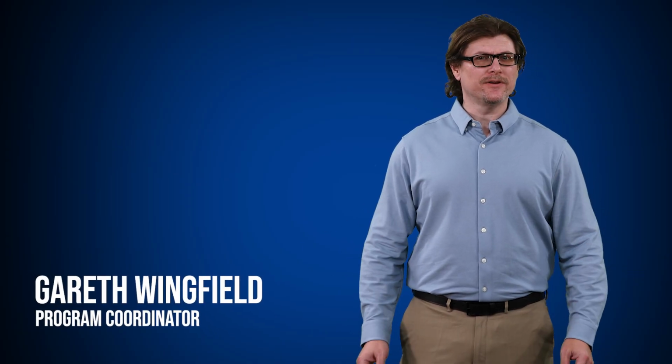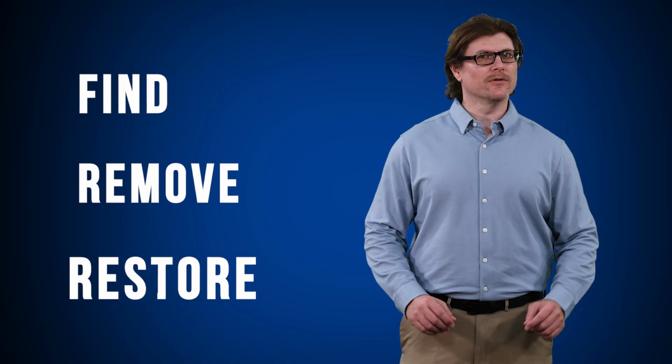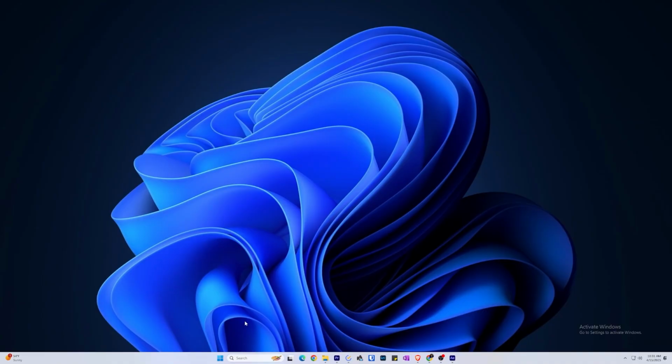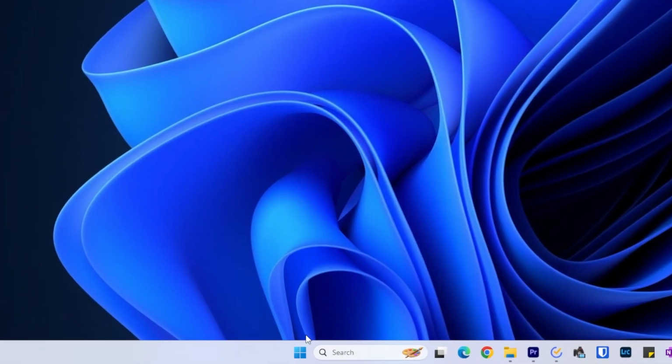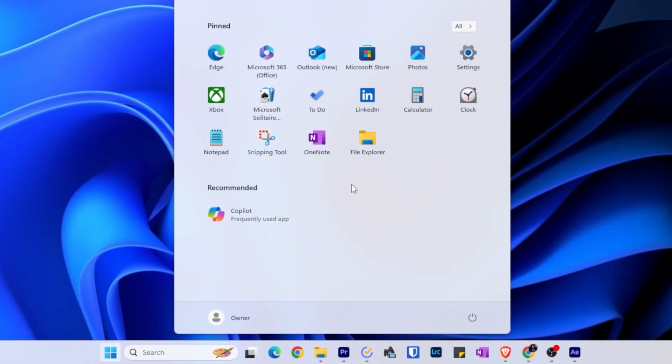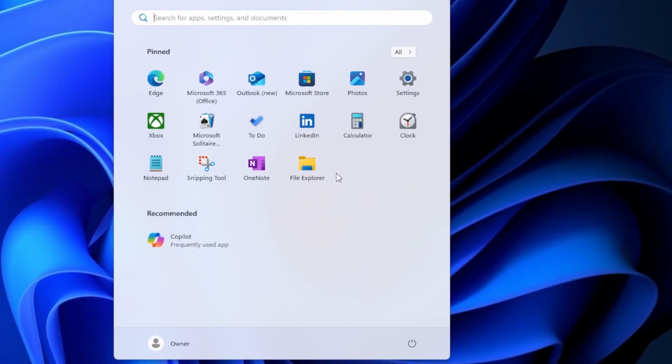In this lesson, we're going to touch on how to use the File Explorer to find, remove, and restore files on your computer. For this discussion, we'll stick with a Windows personal computer. Other systems will have the buttons in different places, but the ideas are similar. You may remember that the Start menu is one way to find many files and applications on your computer. To see everything, we need to look at the File Explorer.